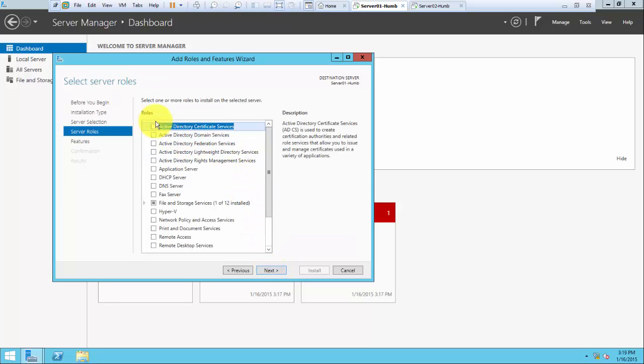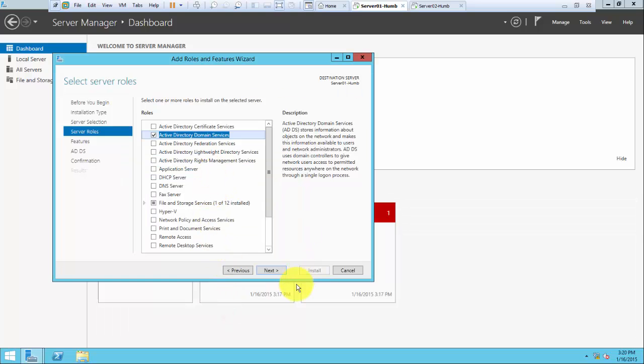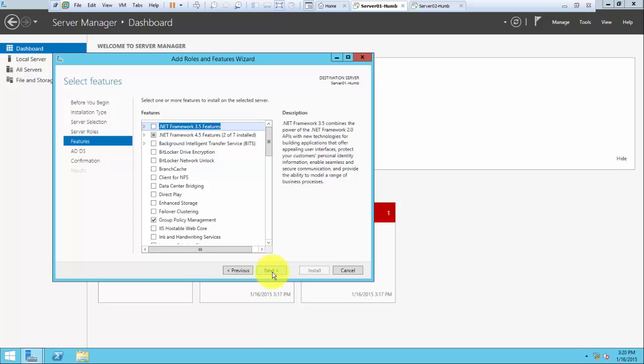Next, so there you are, the roles. We're going to just click the second one. Do not click the first one. It's the certificate services, for security purposes. We will be installing this later in the lab, but for now, Active Directory Domain Services. I have just clicked the second one, and whatever features it's trying to add for this role are mentioned here. And yes, we're going to just include everything and click add features here and click next. The features window still comes, but we already selected that, so we're just going to leave the rest as default. And next,